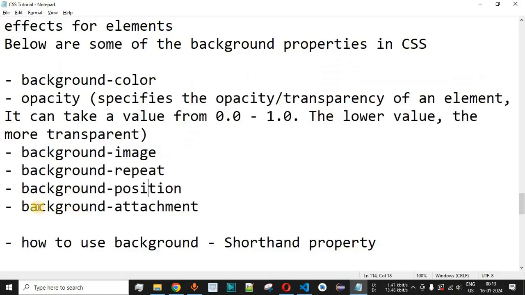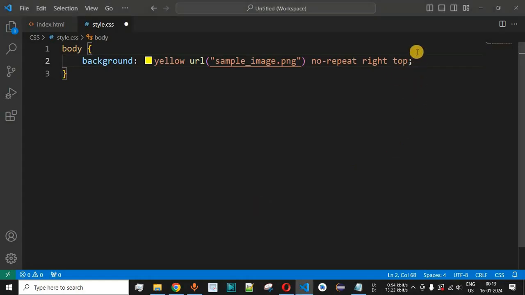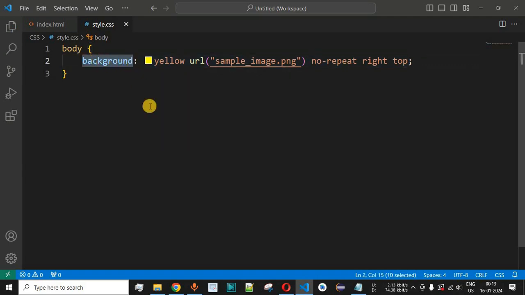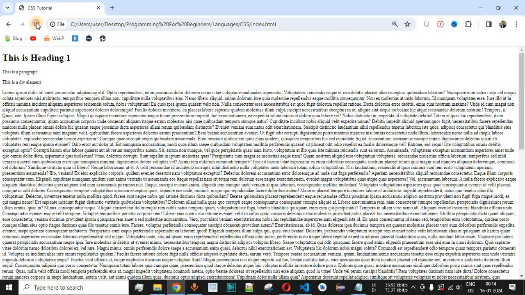And then guys, the last property, that is background attachment, can be provided with a particular value over here. So let's say if you want to ignore that property, then we simply don't provide any value to that particular property. So let me just save this file now. If you notice, instead of having 4 or 5 lines of code, we have just provided the shorthand method, that is the background property, and we have provided all the values in just one line. And this is one of the efficient ways to provide multiple values to the CSS shorthand property of background. Guys, let me just save this file now and try reloading this page once again on the browser.